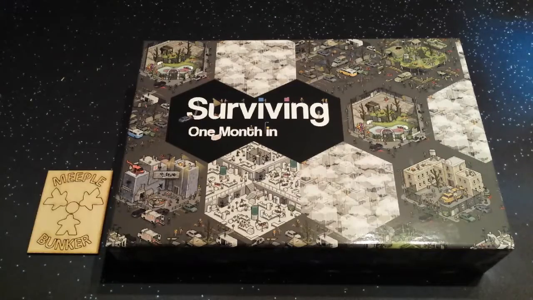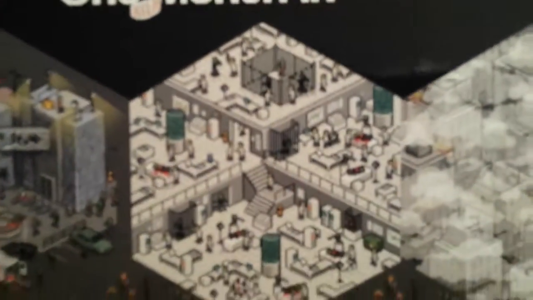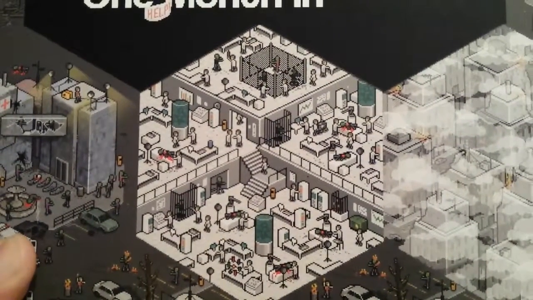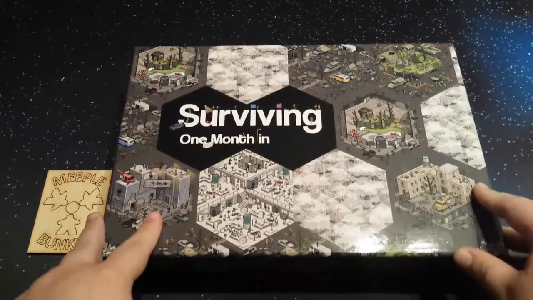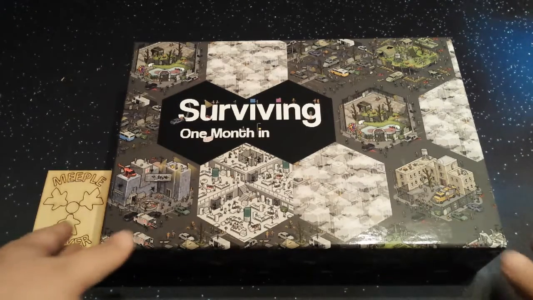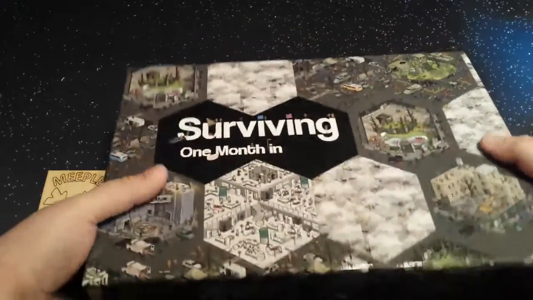Today we've got an unboxing of a brand new game that just came out. It was a Kickstarter game, and it's called Surviving 1 Month In. So you can see on the cover here, I'll just bring it up a little bit. This is a zombie game with a retro, pixel art theme to it. There's a little bit of tile placement, or actually exploration, flipping over tiles, area control, a little bit of dice-based combat. So without further ado, let's go ahead and just get this guy open, if we can,